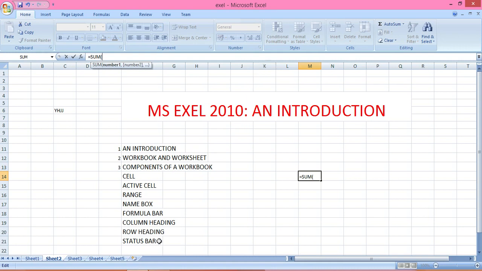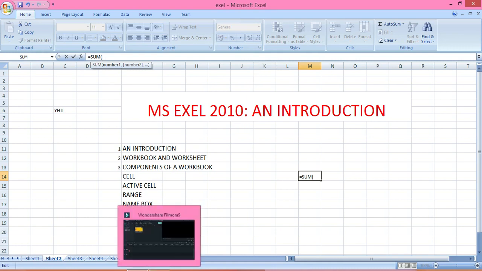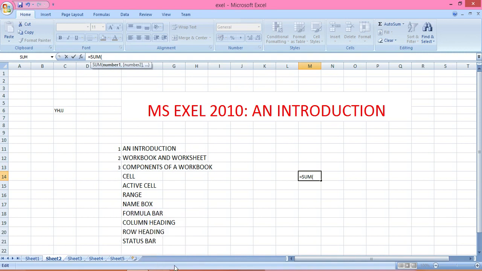The status bar. The status bar is located at the bottom of Excel. This area here, where Edit is written, is called the status bar. It gives us information about the current selection, including the name of the currently selected command or current activity. So whatever we are doing, it will show. So this is the status bar. It will give information about what we are doing. Ready is written, which means we are ready to write something. Enter: we have entered something, so it displays in the status bar that we have entered.